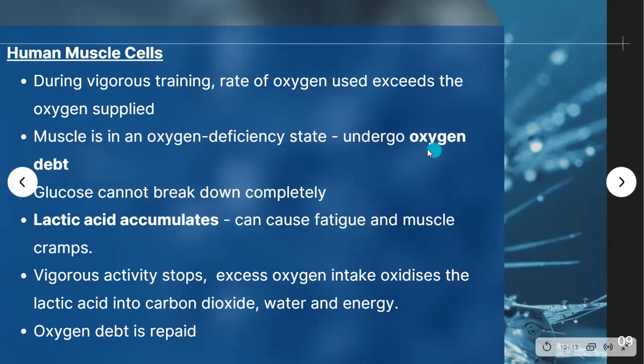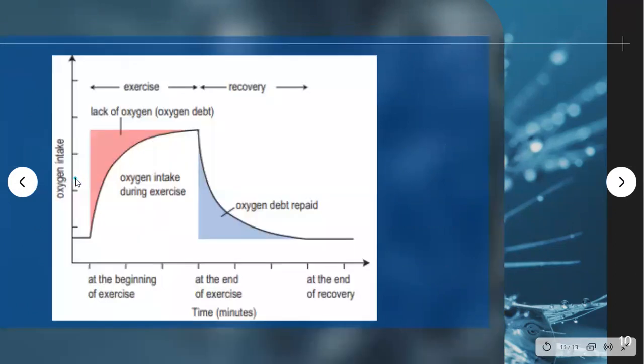Okay, so the important term here is oxygen debt. All right, there's a graph here. So you can see at the beginning of exercise, we are in an oxygen debt, the red color one, which is our muscle cell lacking oxygen. After that, at the end of the exercise, we still breathe in a lot, and the excessive oxygen intake is going to repay the oxygen debt. Okay, and then we recover. This is how the two phases, oxygen debt and the compensation or repayment of the oxygen debt, look on the graph: at the beginning of the exercise, at the end, and also during the recovery state.